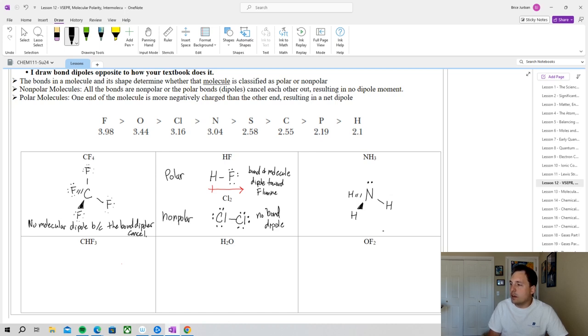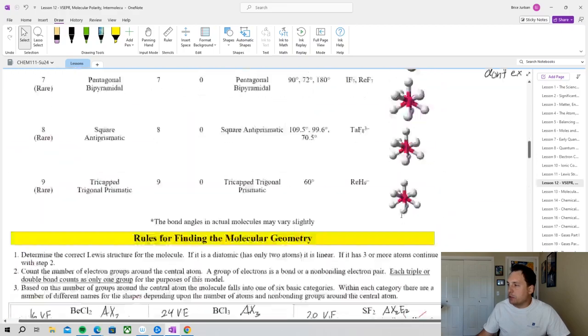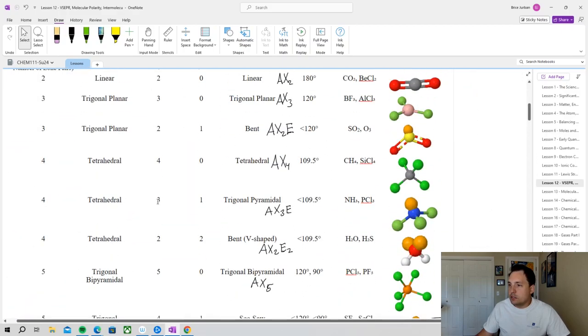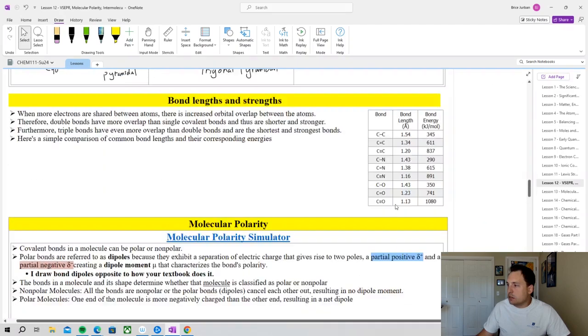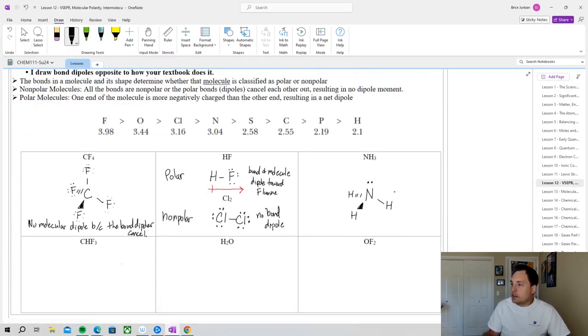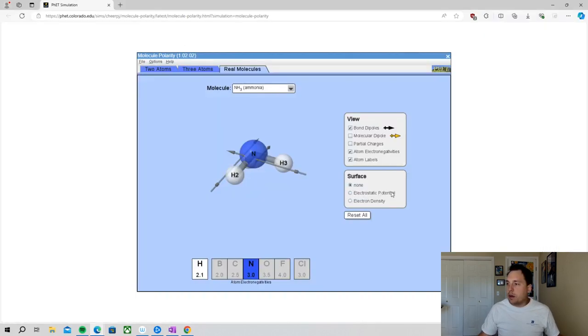All right, so here I have one lone pair that I need to account for, and it's going to influence the geometry here. So this becomes a trigonal pyramidal geometry. We can see that up here. This is an AX3E molecule. And then in this case, because that lone pair is there, these bond dipoles don't cancel because we're not